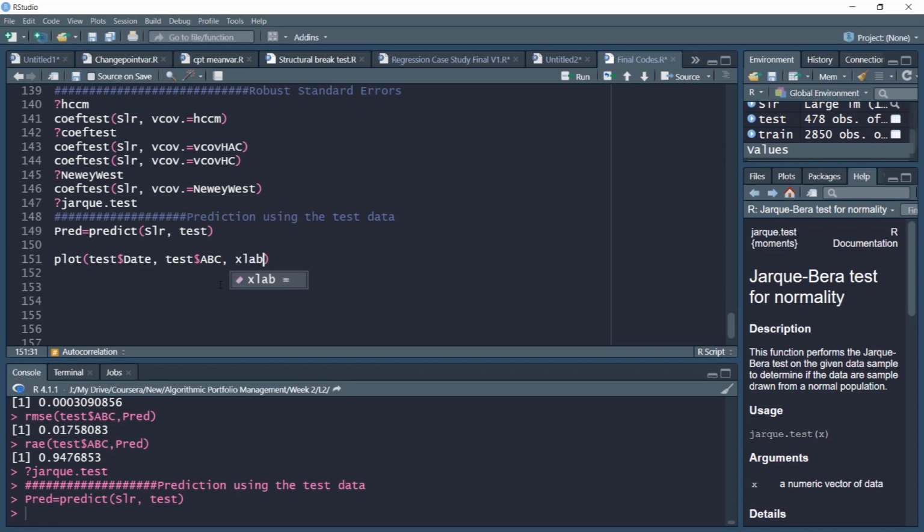On the x-axis we have date, and on the y-axis we'll have ABC returns. Or rather, let us call it returns. We'll use the main title as predicted returns versus actual returns.